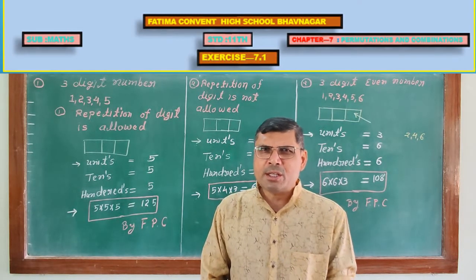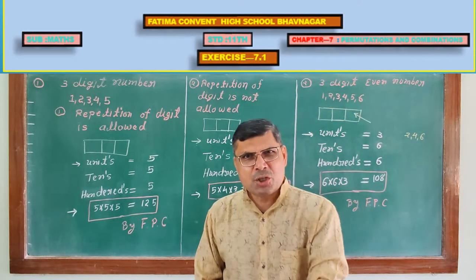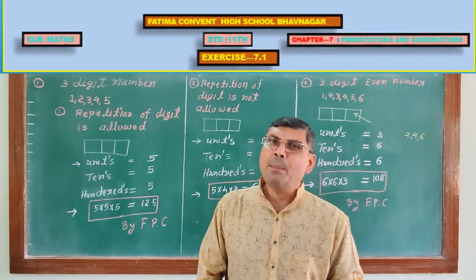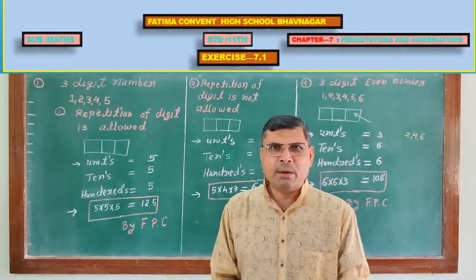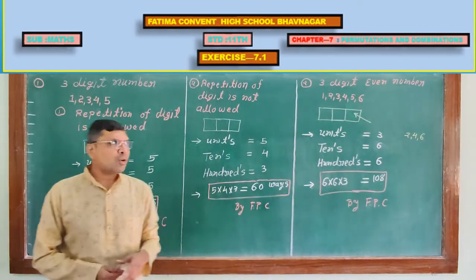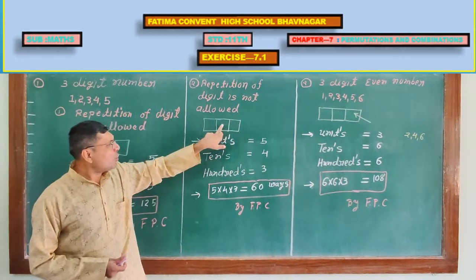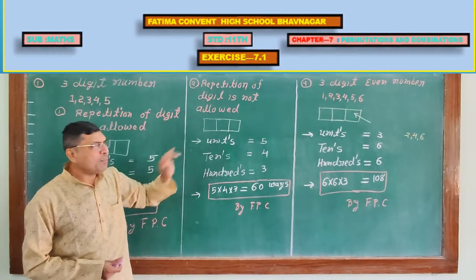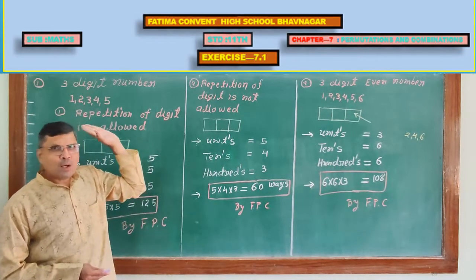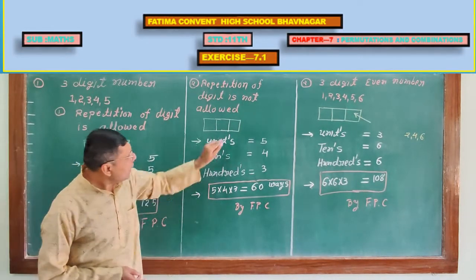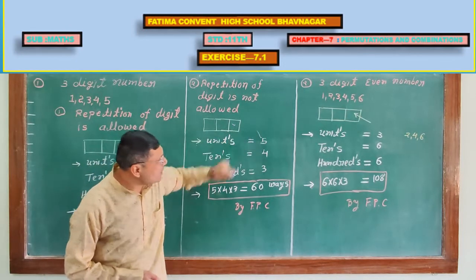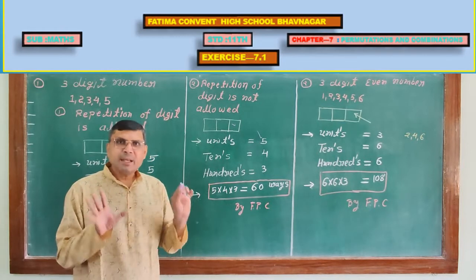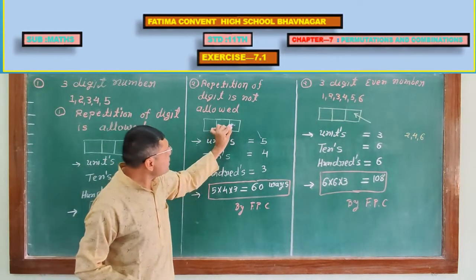Okay. Now a little bit different question, same one. I want to form a 3-digit number, but this time I am putting some restriction, and that is repetition is not allowed. Never mind, what does it mean if repetition is not allowed? I want to form a 3-digit number. Suppose for unit place I am starting, then I have the numbers 1 to 5. So for unit place I have 5 choices.